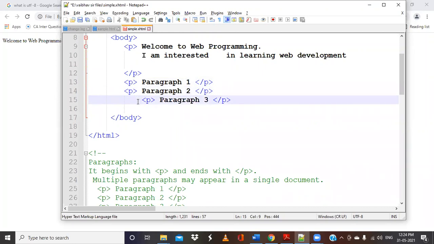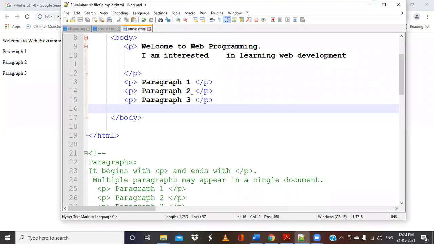Since I have written small information, I'm ending it at that particular line itself. So when I run this, just see the changes. So this is what we can have related to the paragraph. There can be multiple lines or multiple sentences in the paragraph as well.